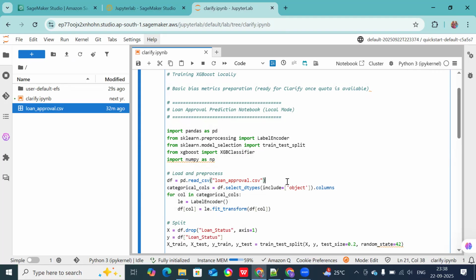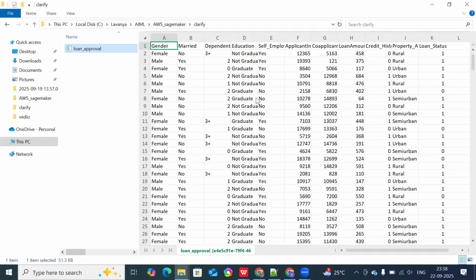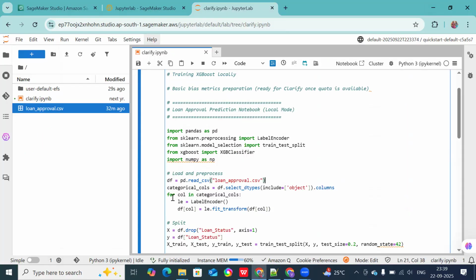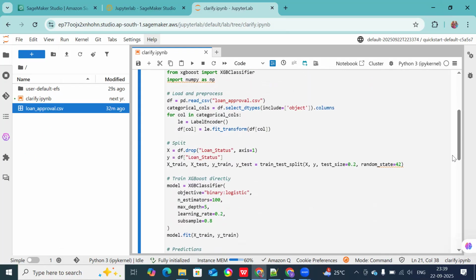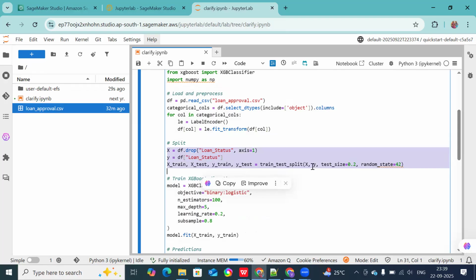If you see here, these columns are there. For each column it is pre-processing the data, and we are splitting by loan status in this block of code. And we are training using the XGBoost library here,